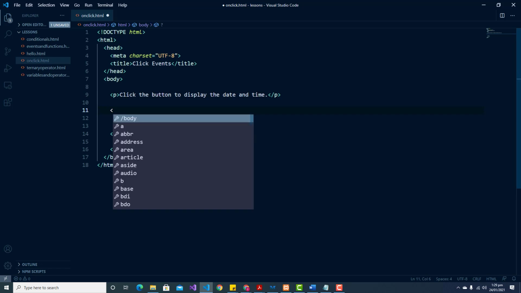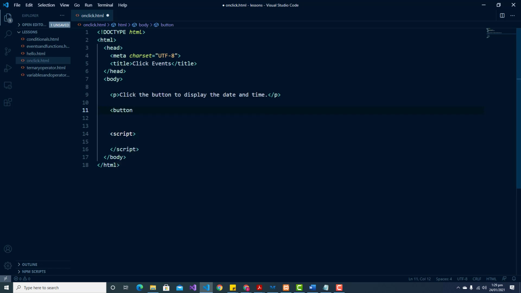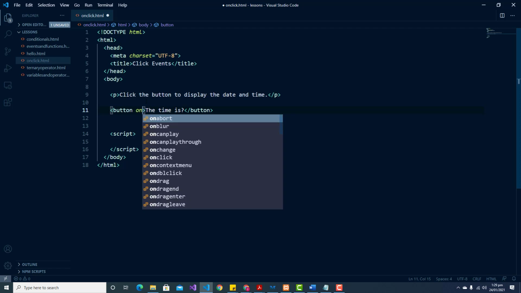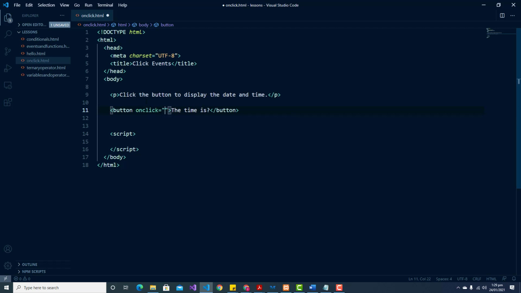And now I'll have a button and it will say the time is, and once you click on this button, it should display the time. So I have to give this button an attribute of onclick. And within the double quotations will be the name of the function that will be triggered once we click on our button. So an event will be triggered,